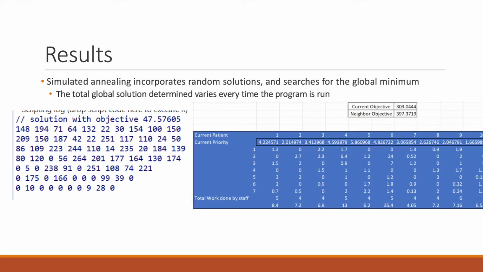The figure on the right shows the times at which each staff member will complete treating the patients that they have been allocated. Using this sequence, the maximum amount of time that will be spent treating a single patient is about 47 minutes. Furthermore, the total time treating all patients as determined by the simulated annealing method is about 303